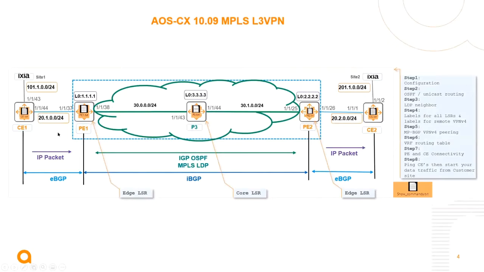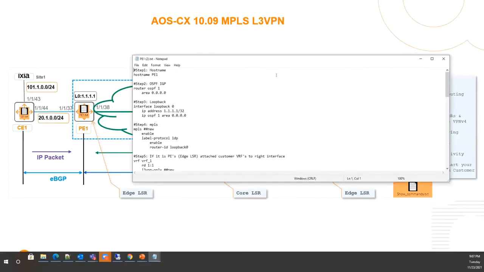As Daryl mentioned, you don't need to have any MPLS on the CE. But the overall MPLS is from the PE, right? So let's see the configuration on the PE, as Daryl was talking about. Before you enable anything, for sure, you need to configure a host name. Start with that one. That's your step one.